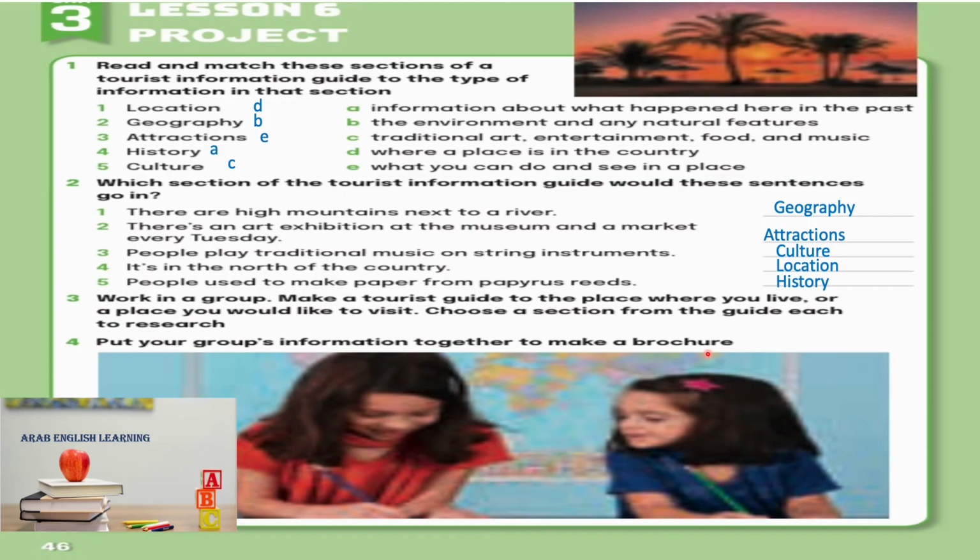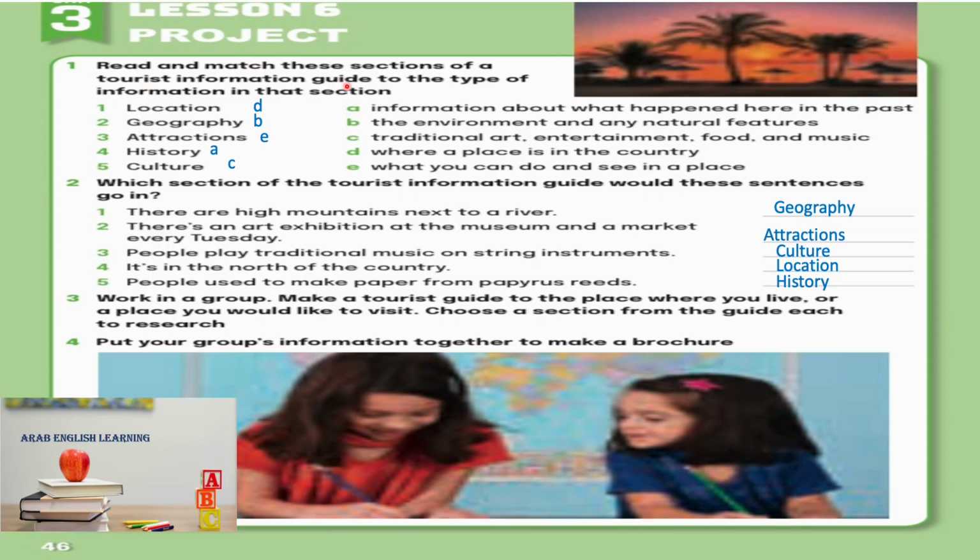So you will sit with your friends in the classroom and you will work together to make a tourist guide by using such information about one place you like to go or to visit with your friends, and write what geography things you find in this place, what attractions, what culture they use in this place, and the location of this place, and if it's related to any history. This is how you make